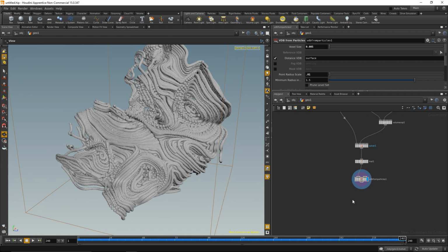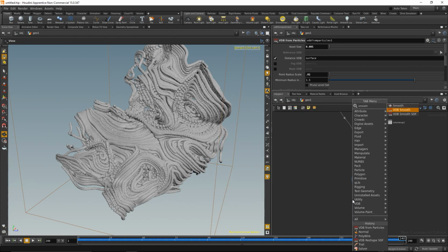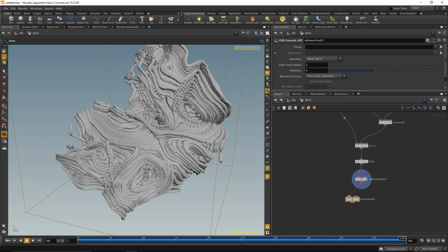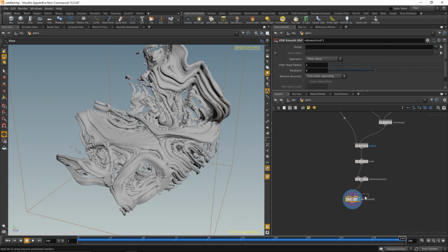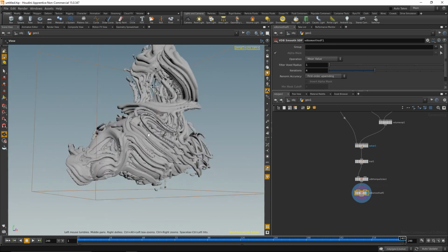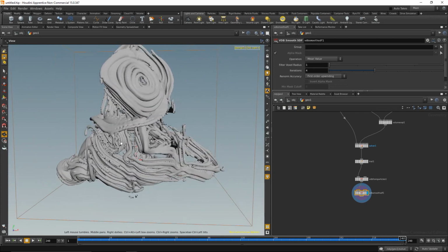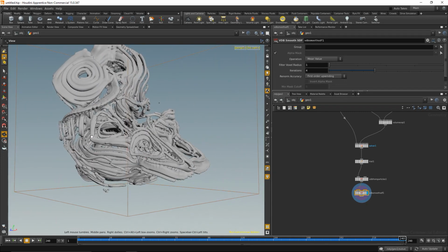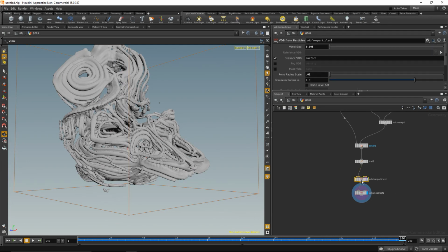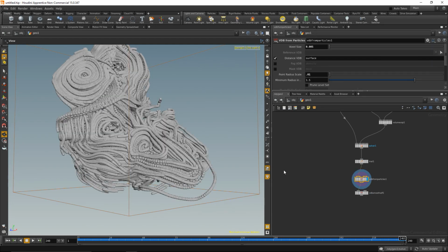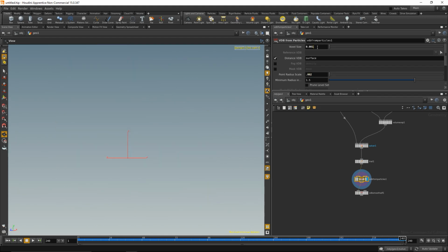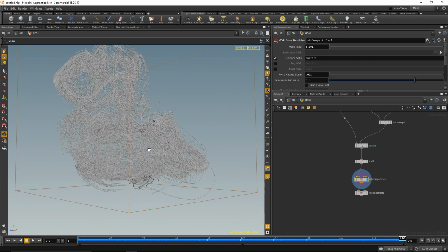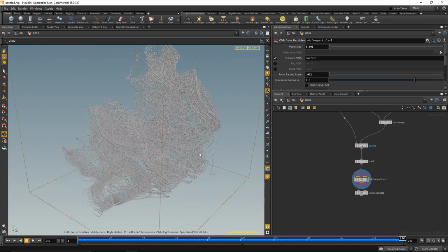So let's try and smooth this out with a VDB Smooth SDF. Wire this up, highlight it. Yeah, and that gets kind of this ceramic baked, liquidy look. But if I want to decrease the particle size here to give it a bit more detail, there are some things that are going to happen. Let's do it like that, and this should be half of that size, so let's do it like that. Exactly. So this is more like the detail which I'd like to have, but